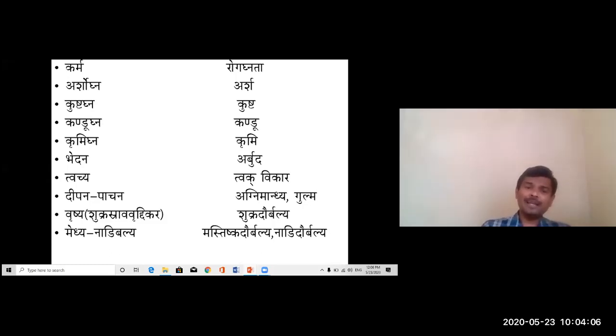And it also has Krimigna Karma, which I already mentioned. This is Prakruti Vighatana Karma. When you take the Mudrasatmaka Dravya, the Krimi's aggravation is going to take place, as it has Tikshna Guna, which kills or does the Prakruti Vighatana Karma. That's why it is mentioned under Krimigna Karma, so it is indicated in case of Krimi. And it has Bhedana Karma, because of its Tikshna Guna, it does Bhedana. So that's why it is indicated in case of Arbuda.